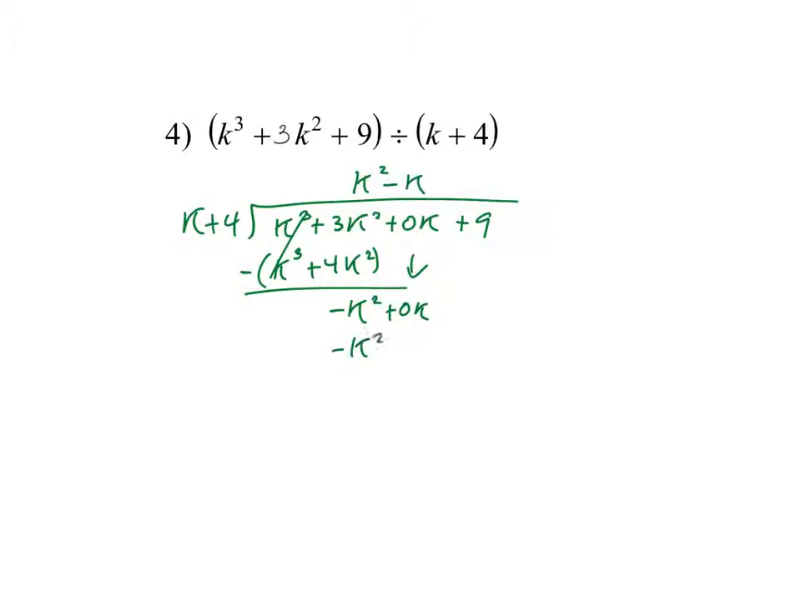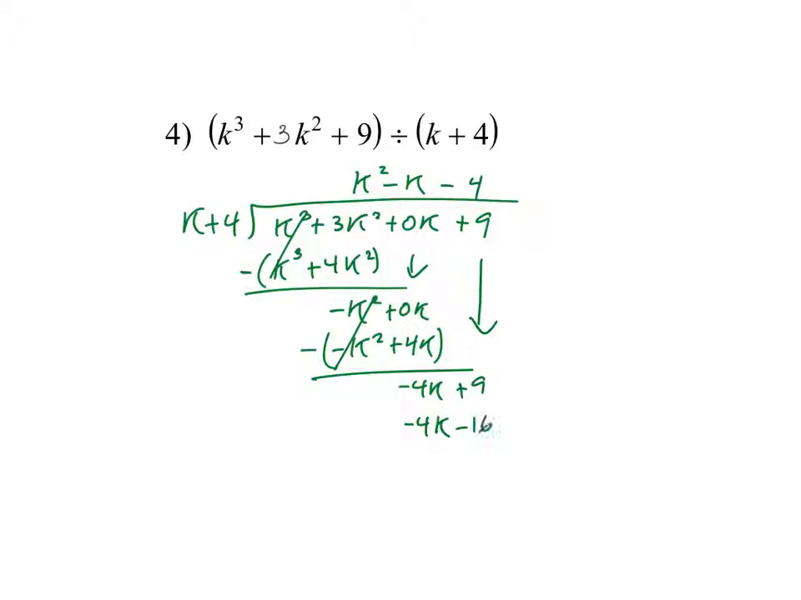So negative k squared plus 4k. I'm going to subtract. This cancels out. And I'm going to have negative 4k. Again, I'm subtracting 0k minus 4k. And I'm bringing down the 9 plus 9. So this is negative 4. So negative 4k